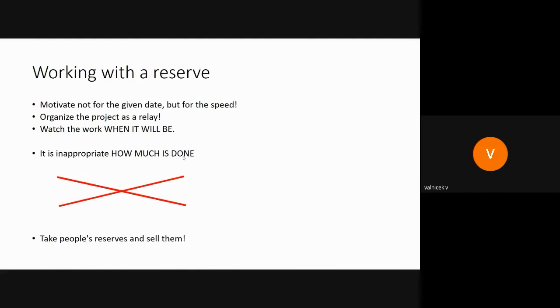Organize the project as a relay. Watch the work when it will be. It is inappropriate how much is done. You should take people's reserves and sell them. Actually, this is not good advice for you for internal projects within the university, but